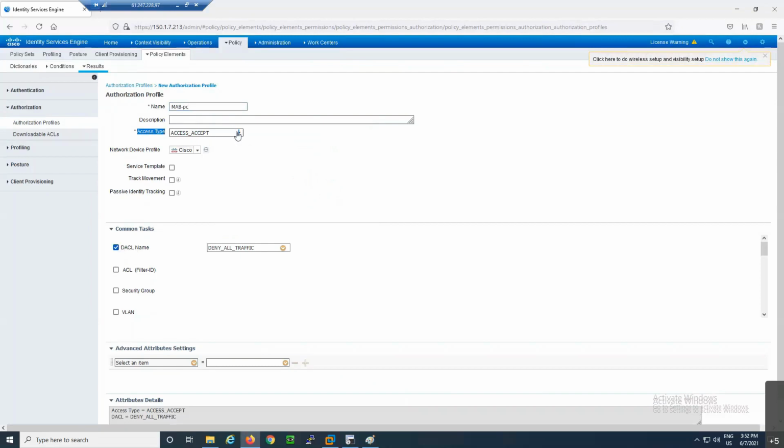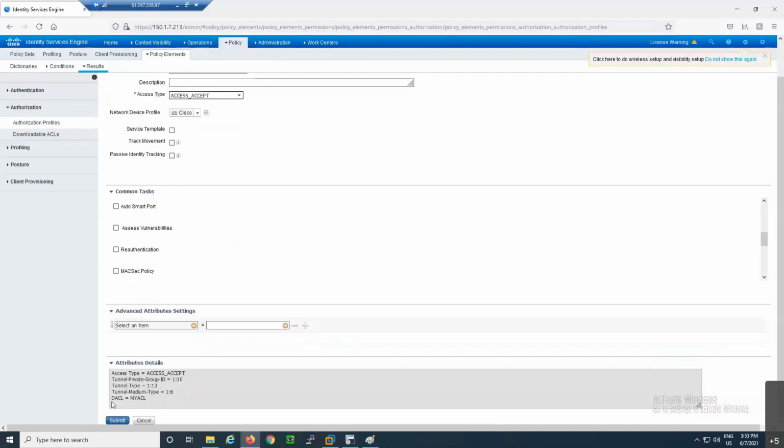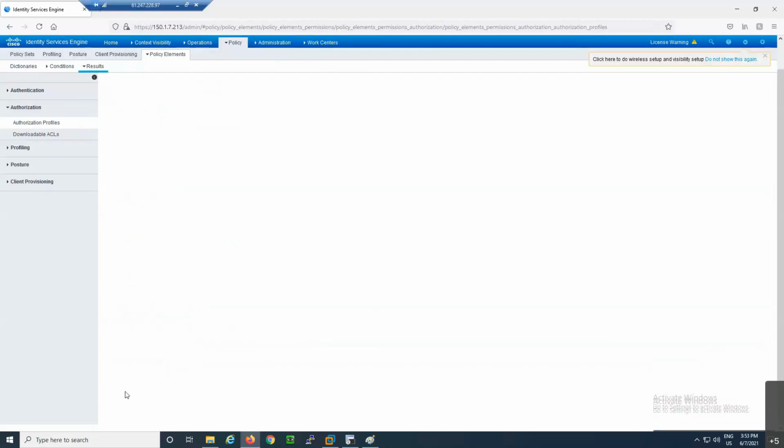You can also define access reject if you want, but access accept will be defined if you want to push any authorization with your authentication result. And here I can give VLAN 10. In this authorization profile, I have configured my downloadable ACL and VLAN 10. Submit.